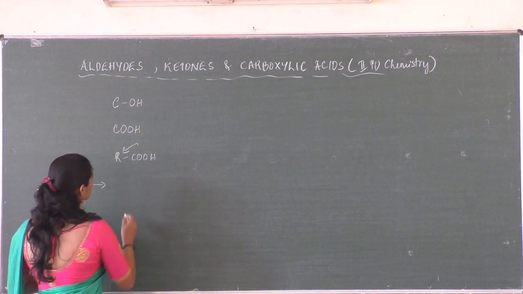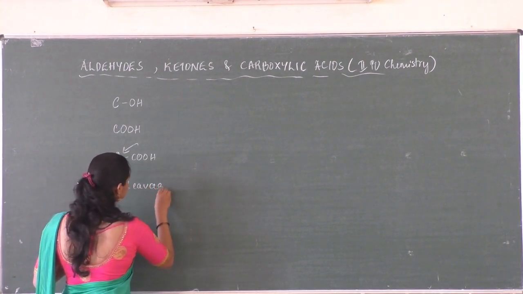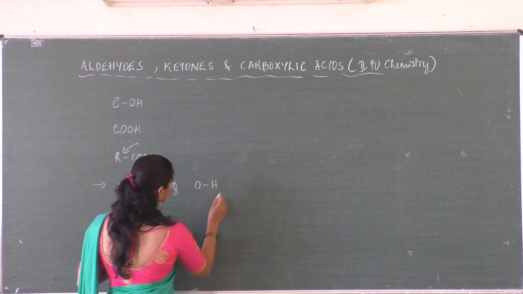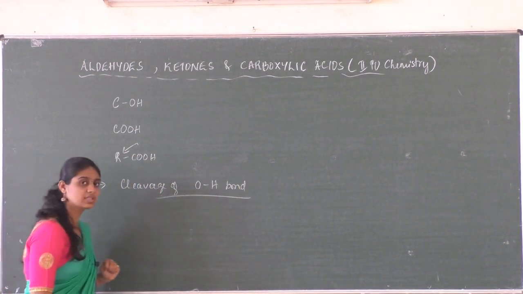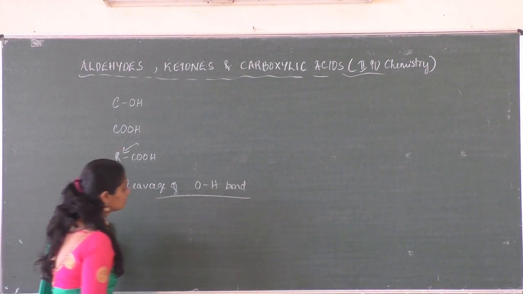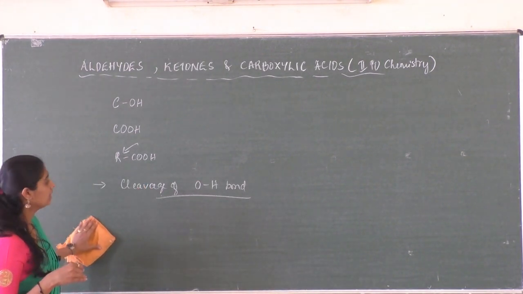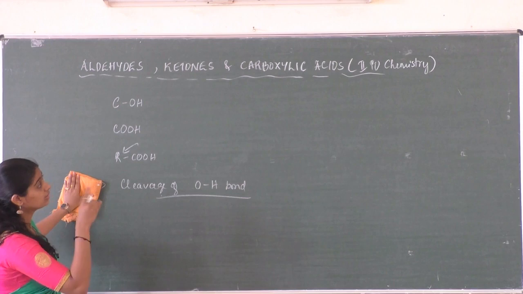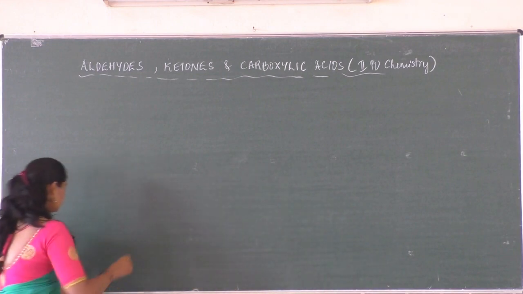In today's session, let us deal with the reactions that occur due to the cleavage of the OH bond. That's nothing but the acidic character of carboxylic acid. While explaining the acidic character, before that we need to know what an acid is, and the acidity is compared with that of the alcohols and phenols. So, acidic character.